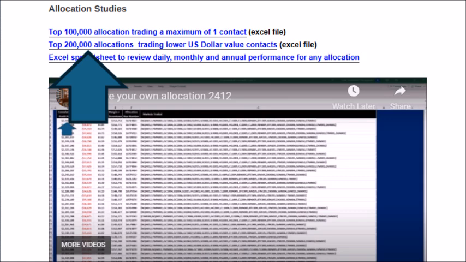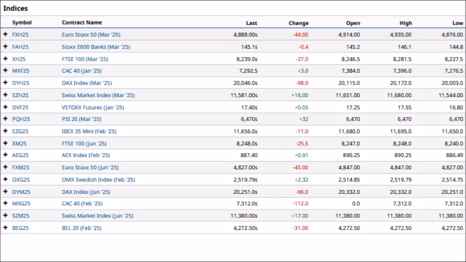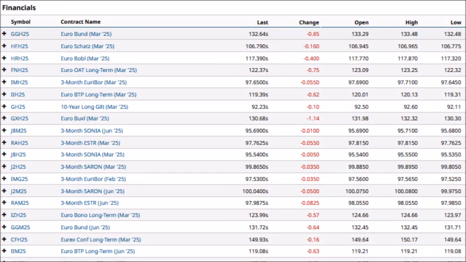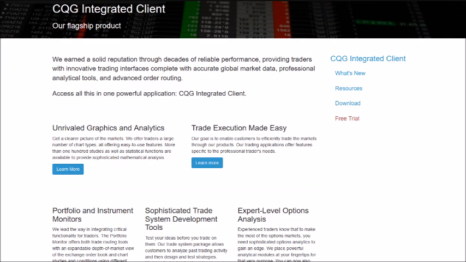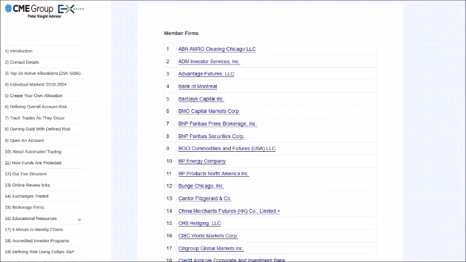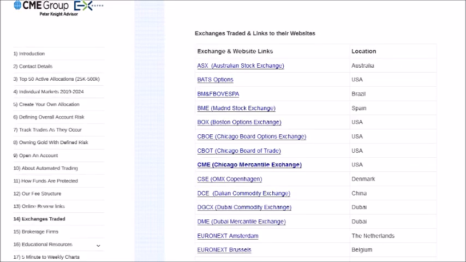Over the next 2 years on our new site, we'll be offering these allocation studies live intraday online, adding in global stock indices, global interest rates, and global energies using Chart VPS, CQG integrated client through the safest and most capable brokerage firms worldwide. We're testing many of these markets in live trading now, and we'll keep everyone updated on progress, good or bad. My goal is to get at least 100 proven objective trading programs online by the end